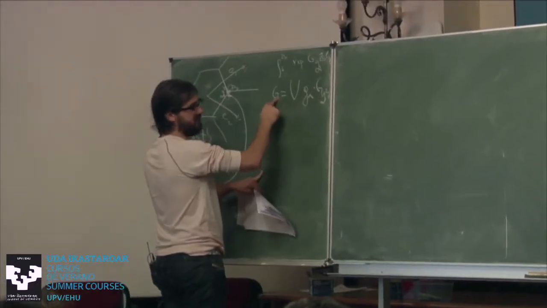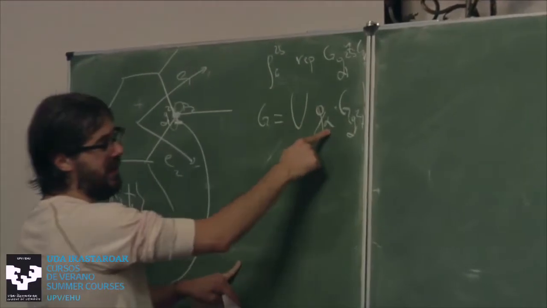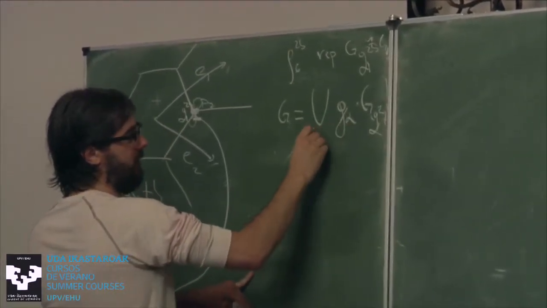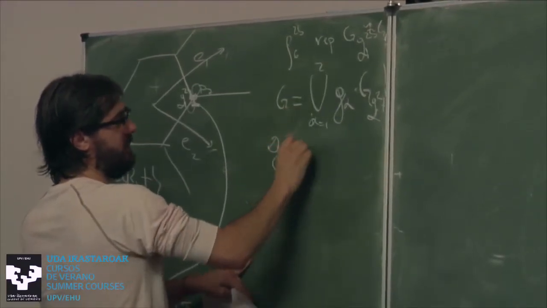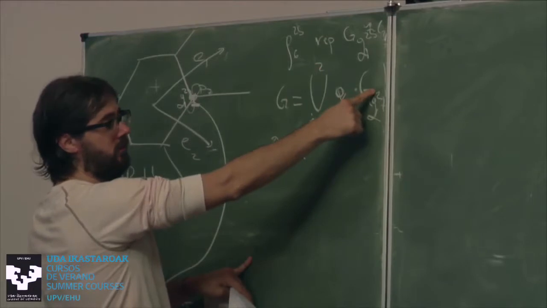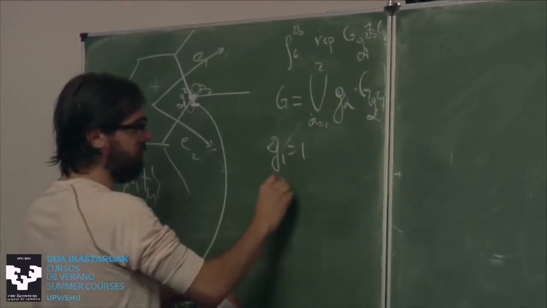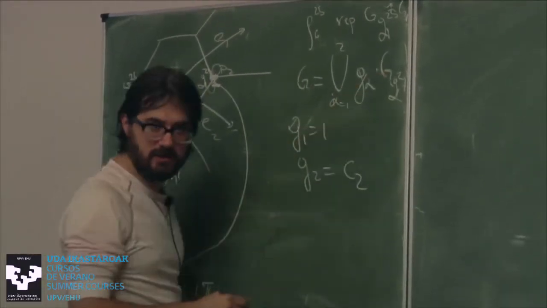Everything is implied. This is a space group, so translations are implied. These G alphas are, in this case, alpha goes from 1 to 2. G1 is the identity. It just gives you the full C3V. And G2 is C2, which is the one not contained in